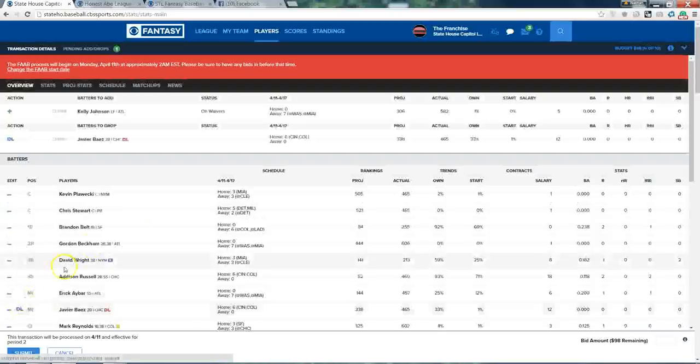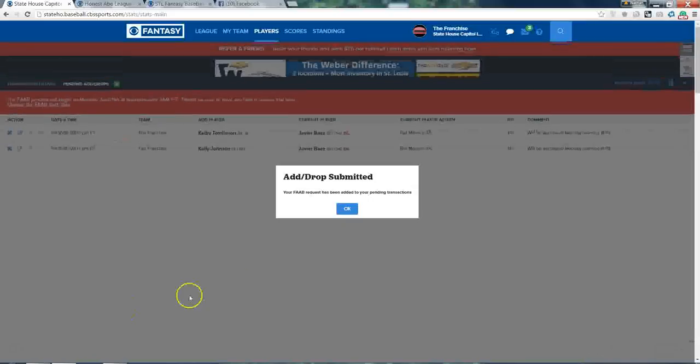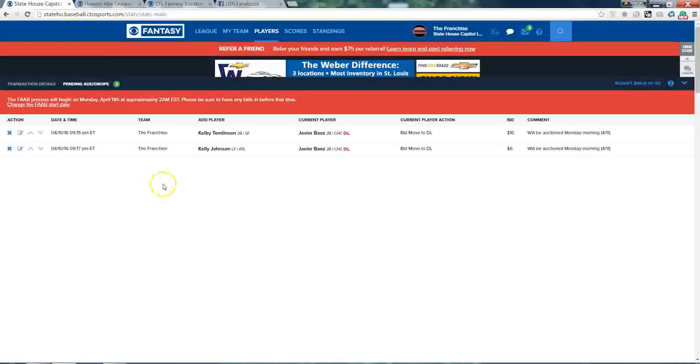So let's go ahead and DL Javier Baez again. And this time, I'm not as big on Kelly Johnson as I am on that other guy, Kelby, so I'm only going to bid $6 this time. There, submit. Now, as you can see, I have 2 FAAB requests in to replace Javier Baez, Kelby Tomlinson and